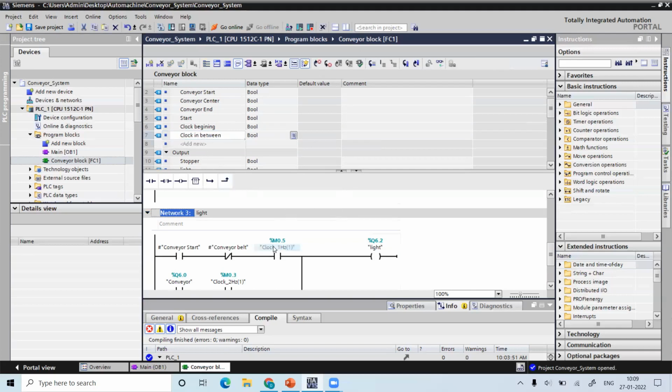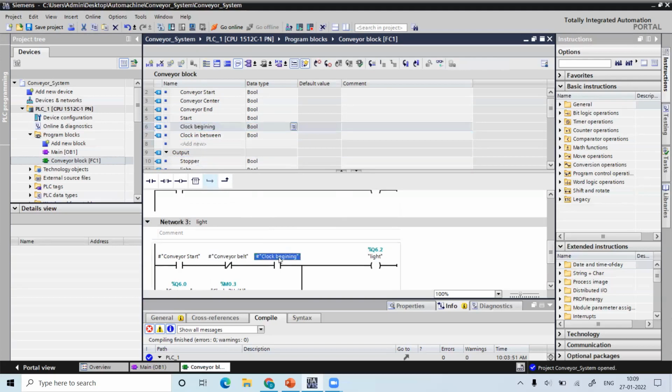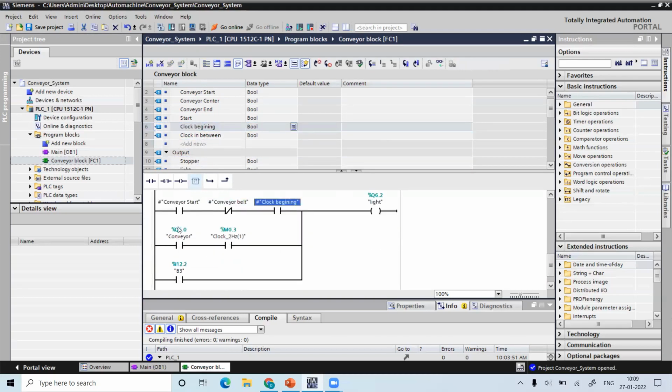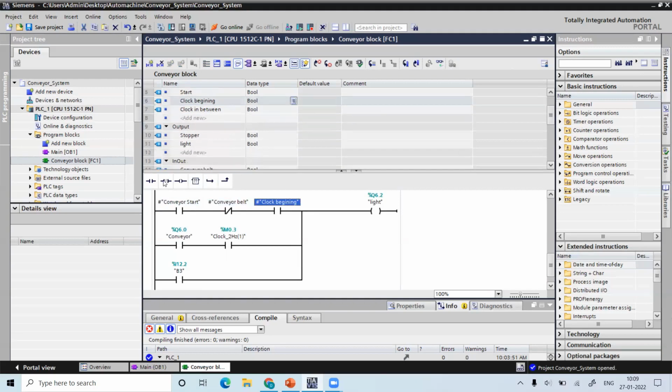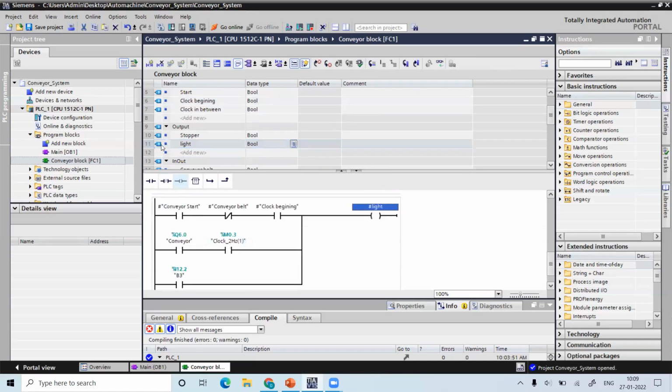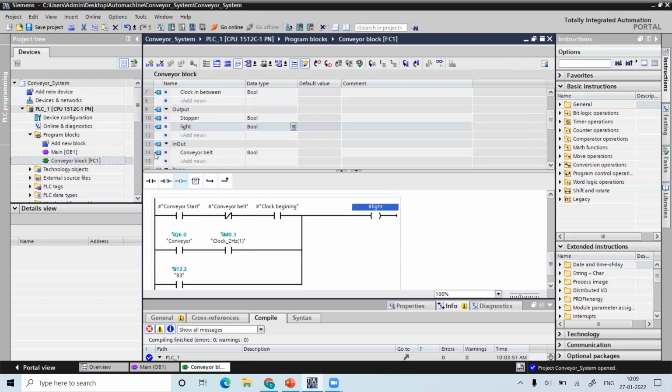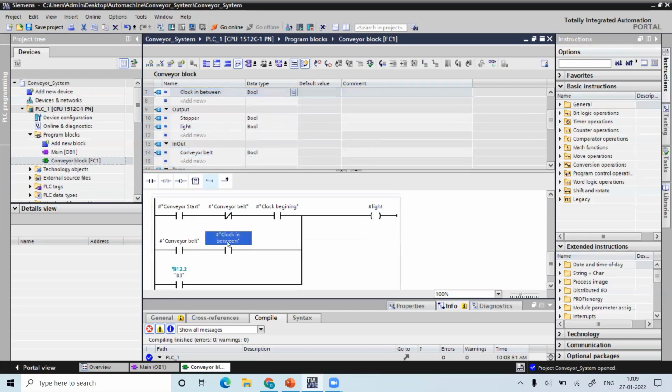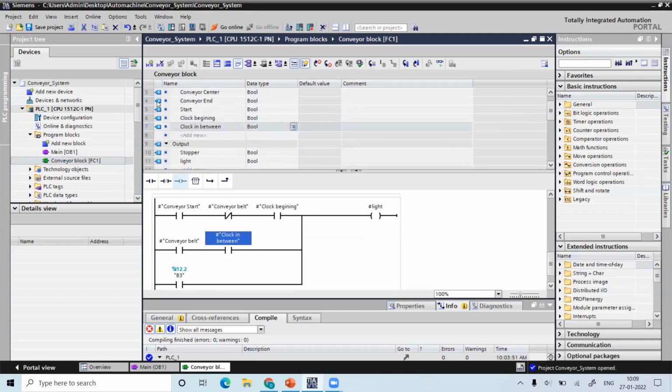This is my beginning clock, and we have the output modules, light and conveyor. And this is the clock in between. And B3 is the sensor at the end.